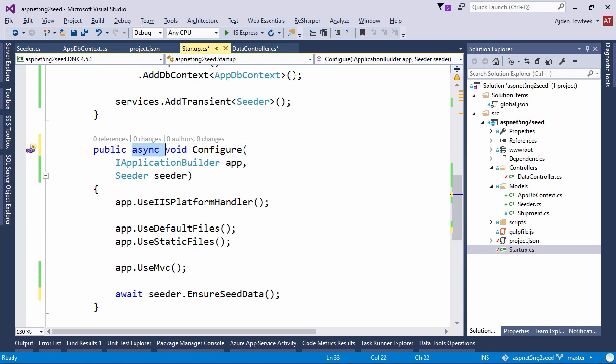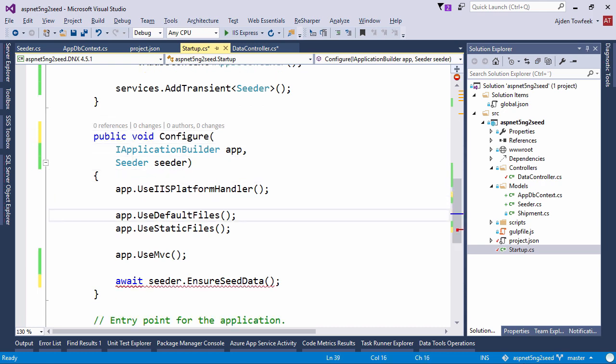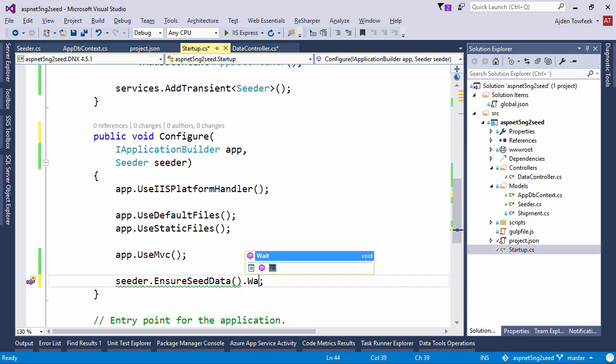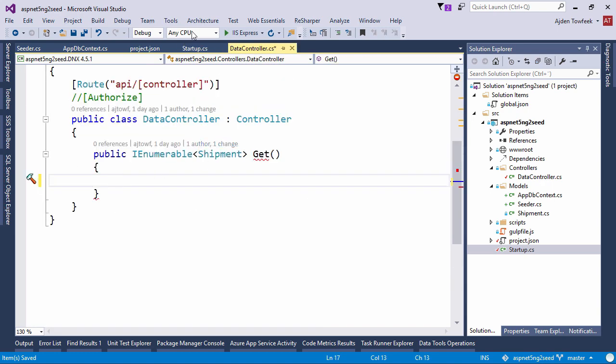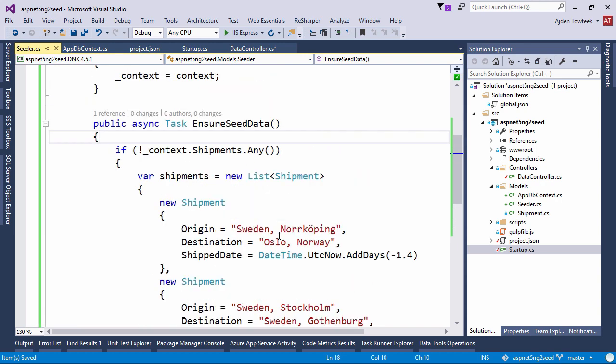So my recommendation here is, instead of marking this one as an async, I would prefer if we did something like this instead, to make sure that we are done with all the configuration we want to be finished with before we allow ASP.NET 5 to go on with the configuring of the application. So now that we are calling ensure seed data, and actually creating data here